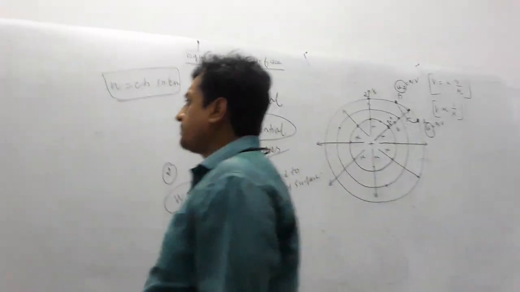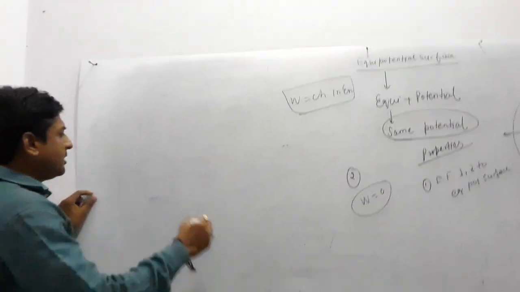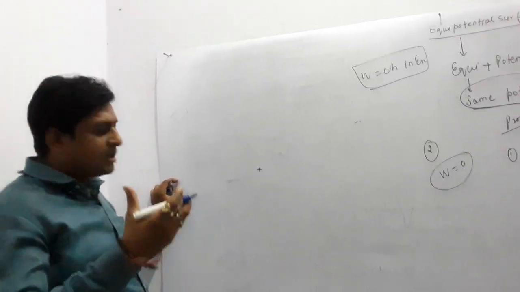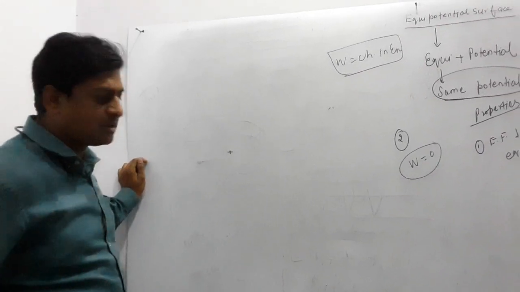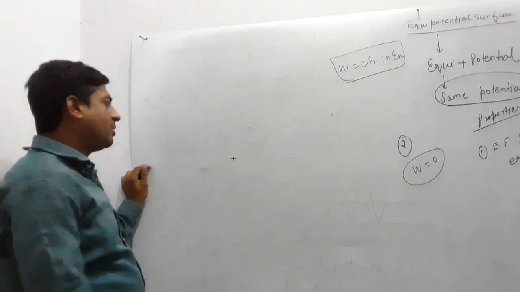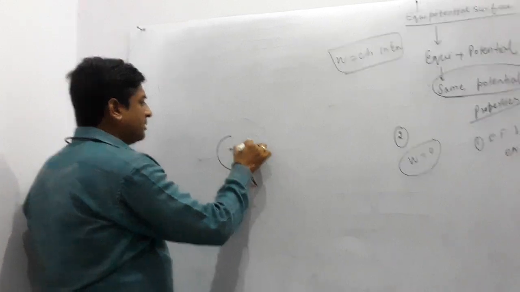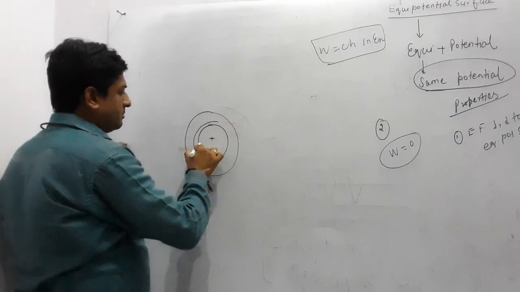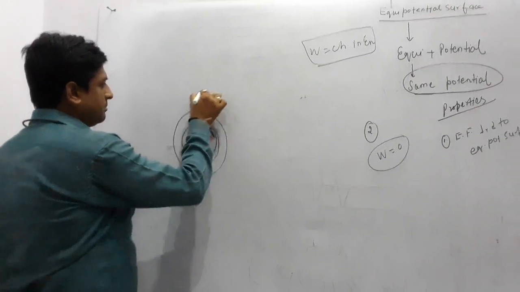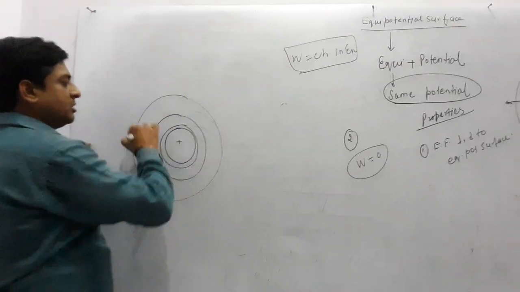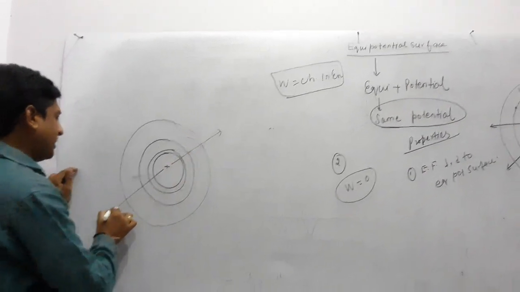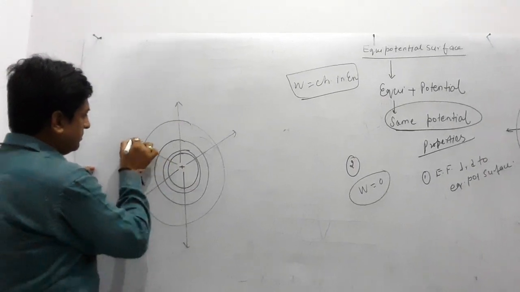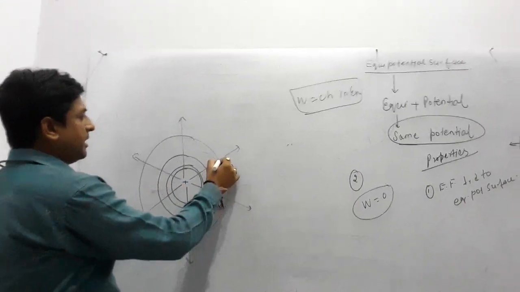Okay. Now suppose that there is an isolated positive charge. Now the question is, what is the shape of the equipotential surface if the charge is like this? For that, this is the shape of the equipotential surface. This is the shape of the equipotential surface. This is the electric field line pattern. You know it very well. And at this point,